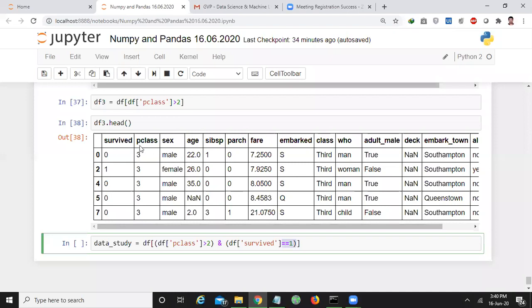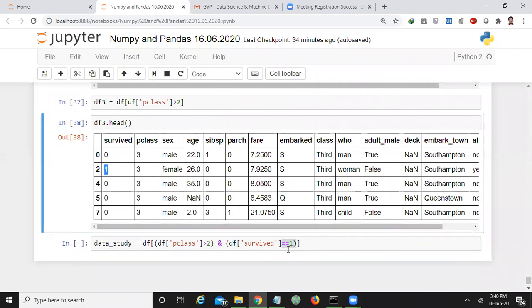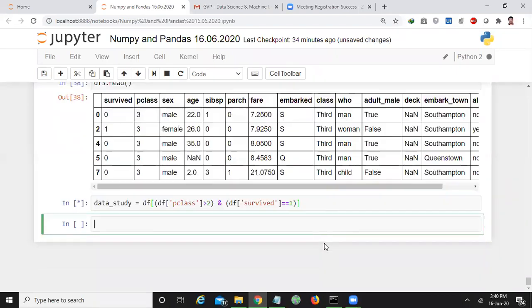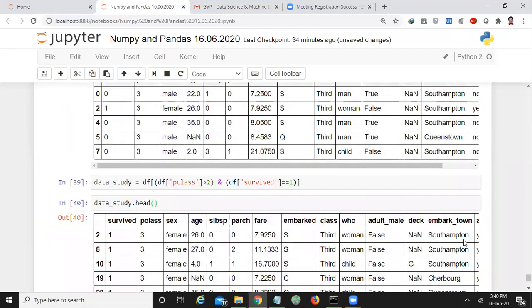Here you can see zeros represent the people who are dead, and 1 means the people are alive. Here I want to check the third class passengers who are alive, and those values I have kept in the data underscore study. And now I want to print the first 5 records of that kind of passengers. Then we get like this.